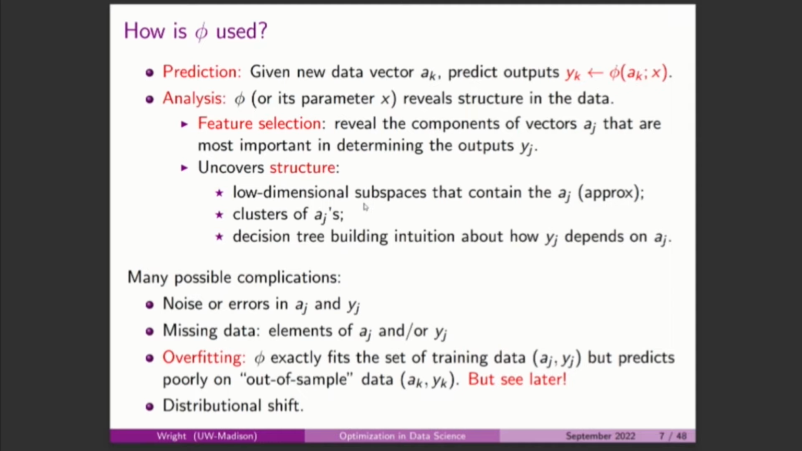Now, in real life, there are many complicated problems that we're not going to talk too much about. One is that in real data, there's often noise or error in either the feature vector or the labels. Very often there's missing data, so some of the elements of aj may not be known. There's also this classical problem in statistics of overfitting, where the mapping phi does a fantastic job of correctly labeling the training data,